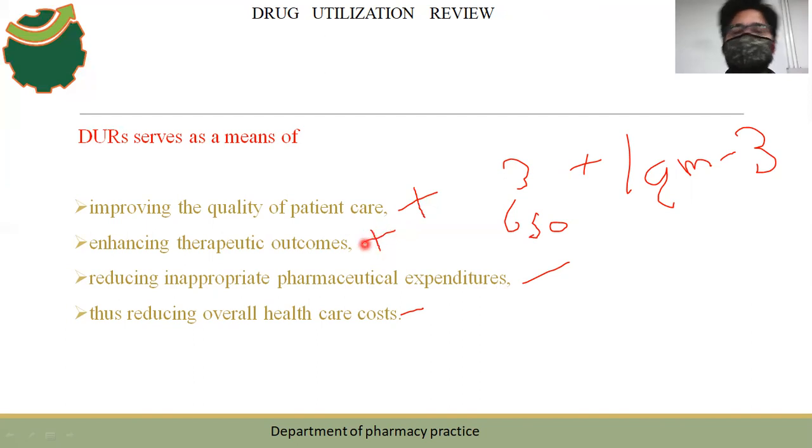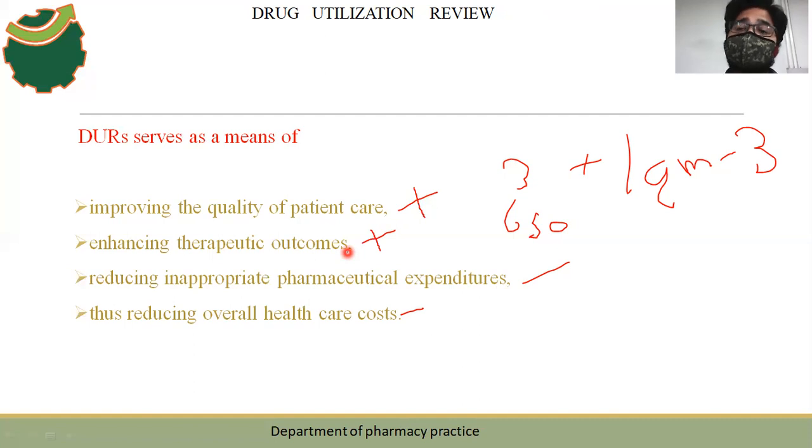So here, one of the examples which I want to give is the same as the example which I gave before. Whenever you see warfarin or low molecular weight heparin or some other drugs, the drug should be given according to the weight of the person, not just the formulation whichever is available. Yes, fixed dose formulations are available, but we have to see the patient's weight and do the calculations, right? So what happened here? The patient has been given warfarin. He has been given according to the dose and all, that's right.